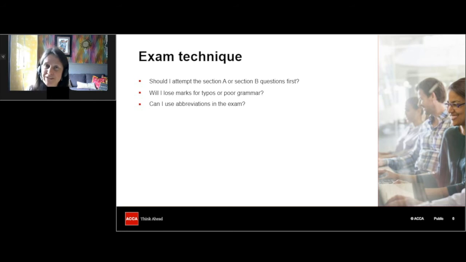The only time I wouldn't use abbreviations is if you're doing question 1, which is the one with the professional skills marks, and if you were asked to write to a client who obviously wouldn't have tax knowledge, then you need to make sure that you write things out in full at least the first time that you use that term. So you might say personal allowance and then put PA in brackets, but that is just going to be something that would gain you potentially professional skills marks. But for all the other questions, abbreviations are acceptable, so you don't need to write everything out in full, as long as it's a fairly recognizable abbreviation.